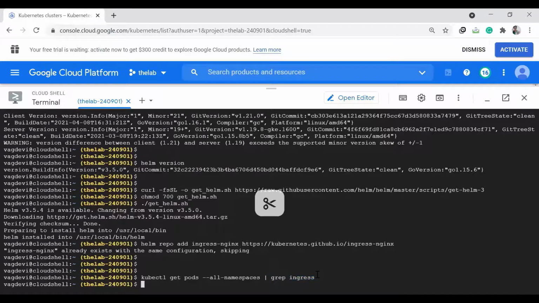So now let us set up the Ingress controller using this command: helm install my-release, and the controller I want to use is this. Okay, so you can give any name here, which is your Ingress controller name. Okay, so I'm just using this.